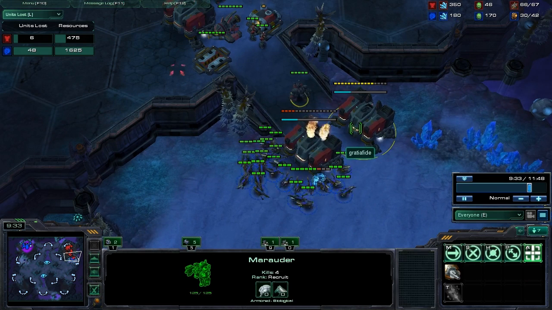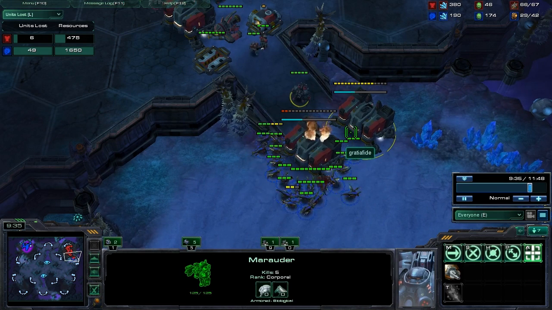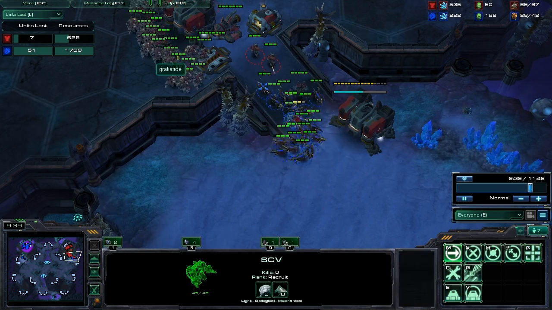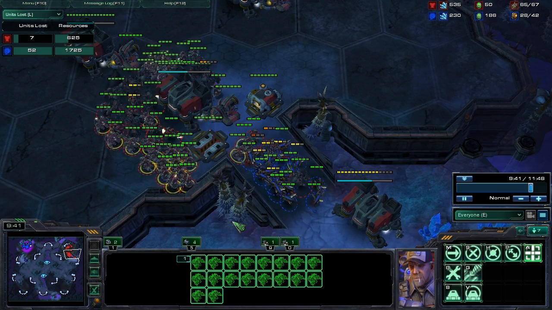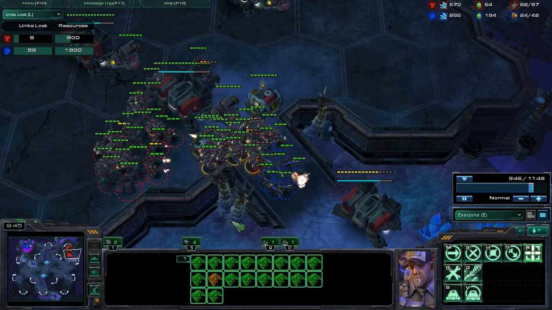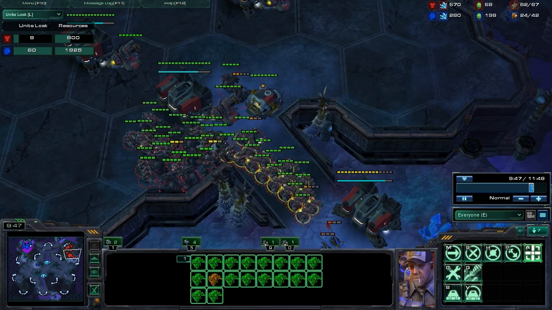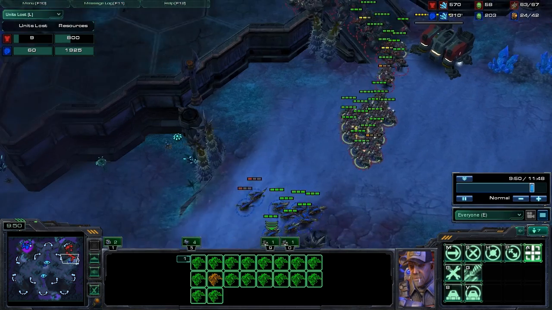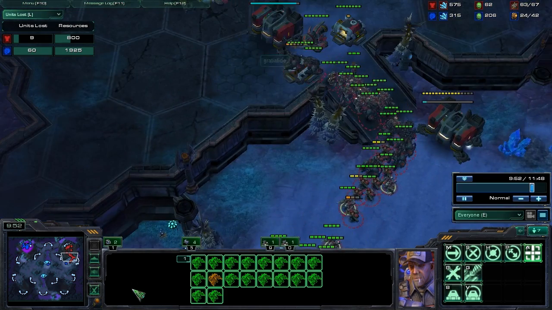So he tries, but at this moment I am moving out for an all-in of my own. The SCVs are so helpful because they provide a melee barrier. The Zerglings actually do not do that well fighting against the SCVs anyway. So they do okay, but not when they're outnumbered like this. And he's probably wondering, what in the heck am I doing? But